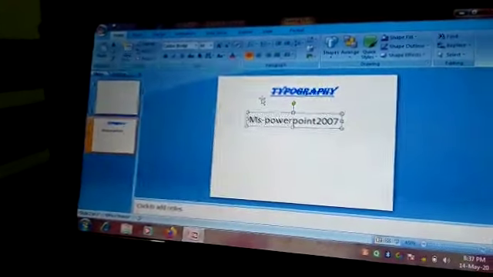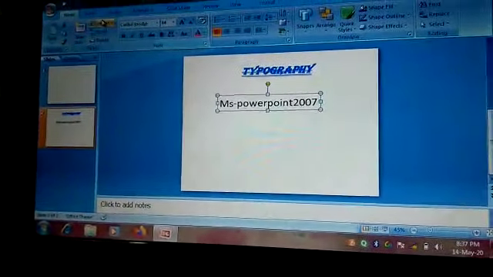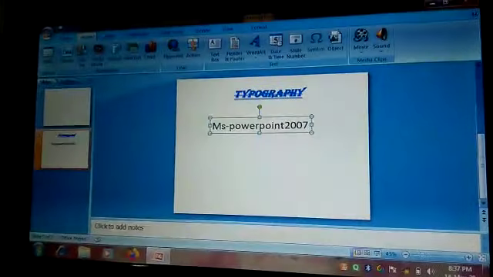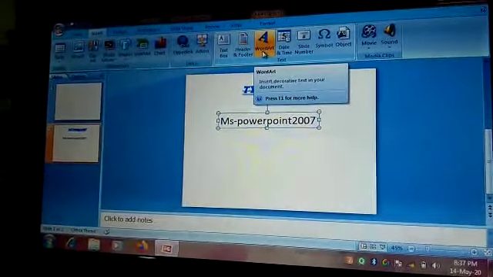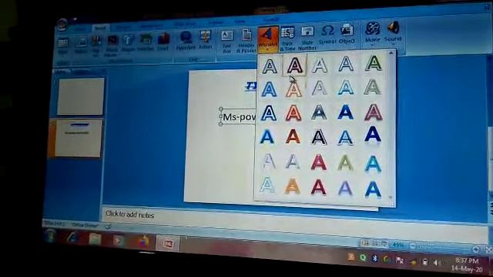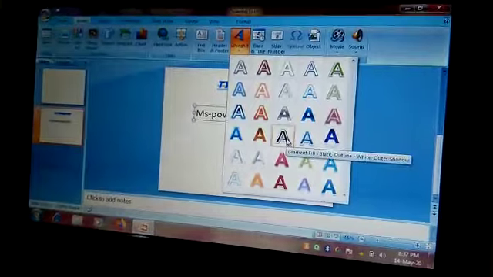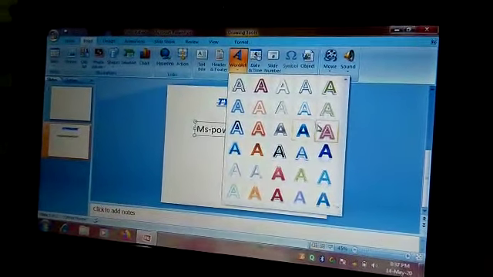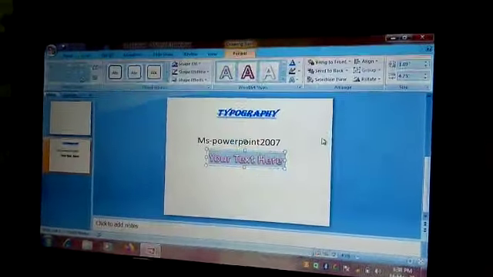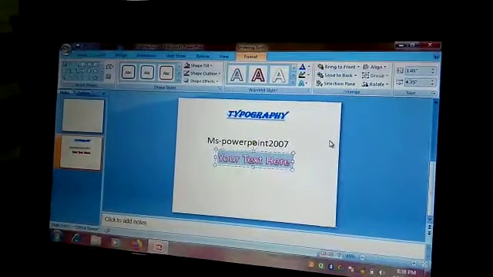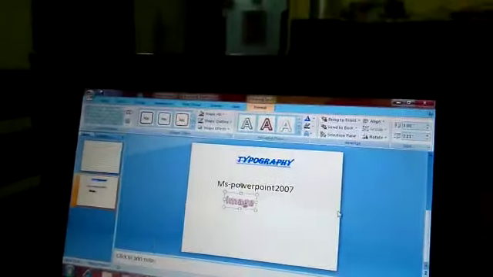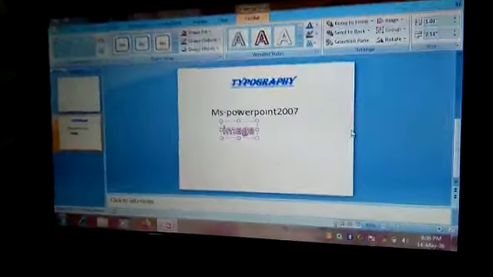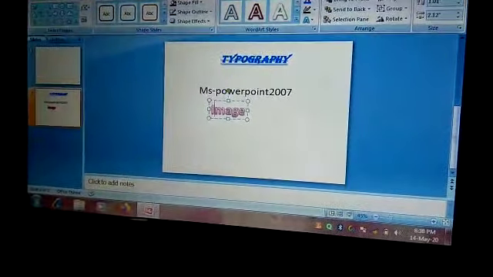Besides this text field, we have another option in this Insert menu only, that is known as WordArt. In this we have certain predefined styles over here. So many styles are presented before you girls. So you select any style of your choice. Say I am going for this one. If I write down image, this is the way it is showing me here, and I can change its case also. That depends on whatever you want to go for.